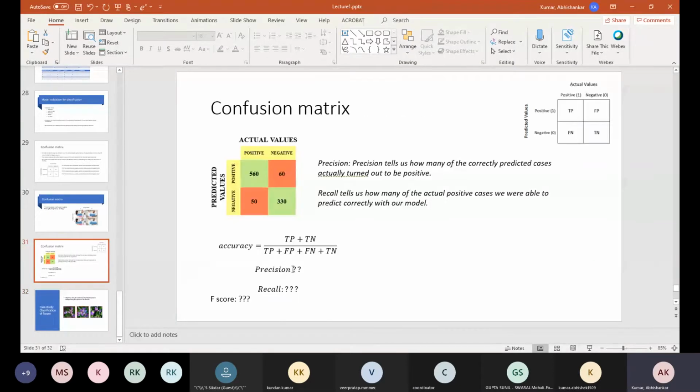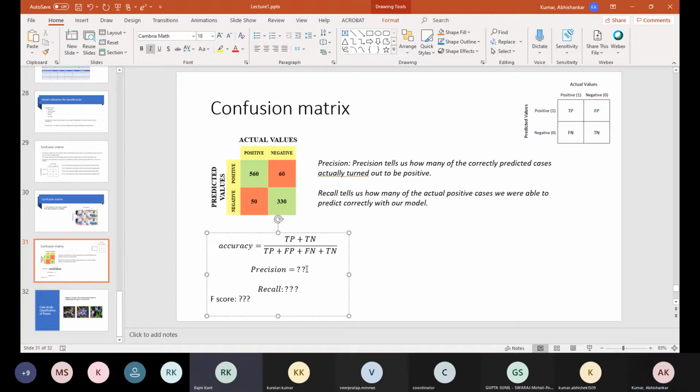You just tell me, I will write it here for others. Who will tell? Precision tells us how many of the predicted cases actually turn out to be positive. Sir, true positive by true positive plus false positive.